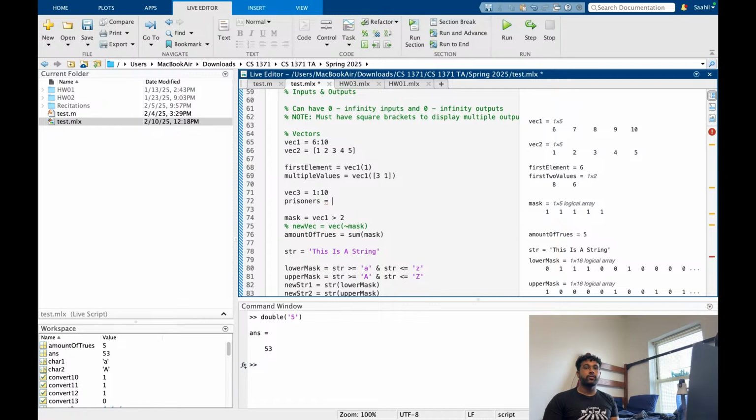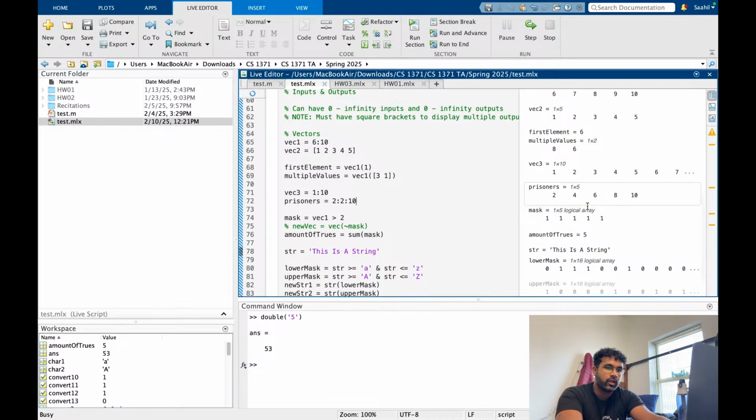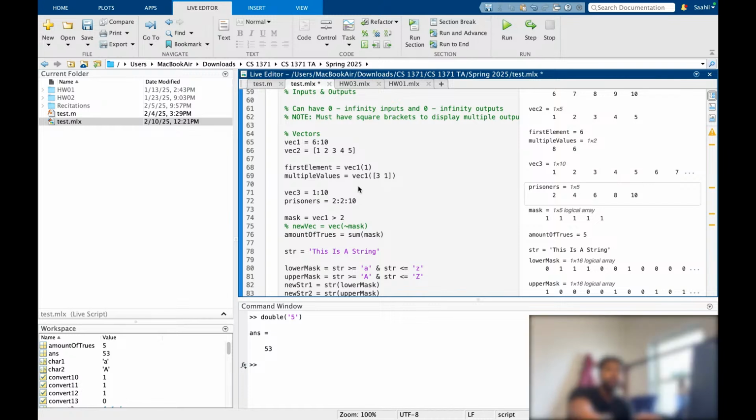The first one is vacant. The second one is not. The third one's vacant. The fourth one is not. That's what I mean by every other. So then you could essentially call the prisoners as cell. So these are the prisoners that actually exist: 2, 4, 6, 8, 10. This colon operator allows us to essentially